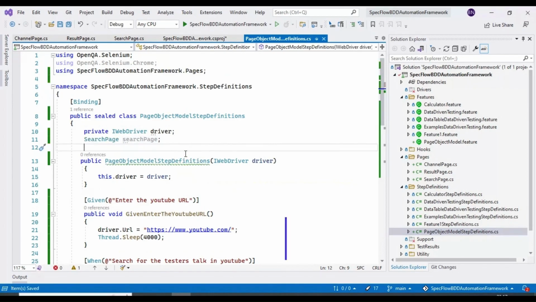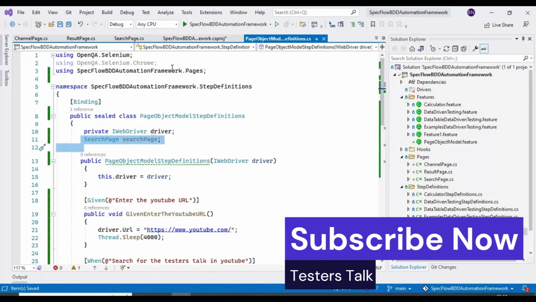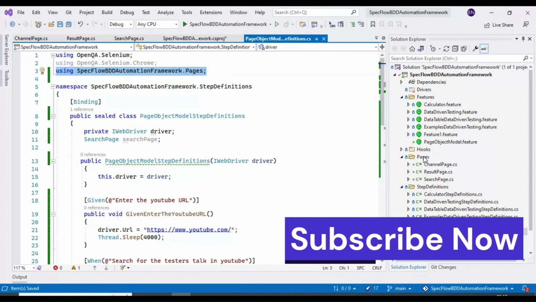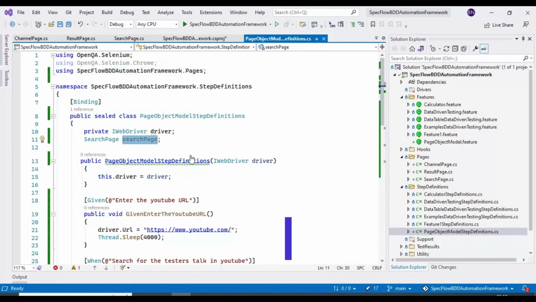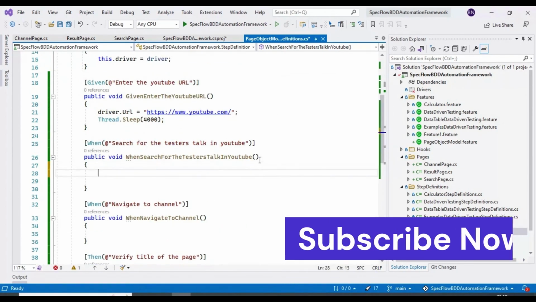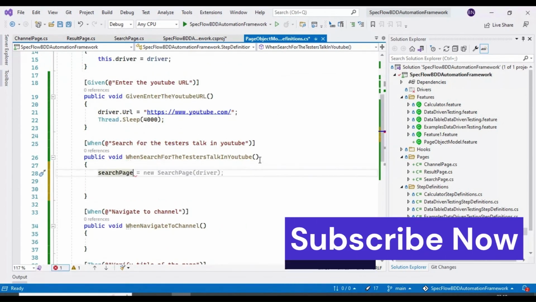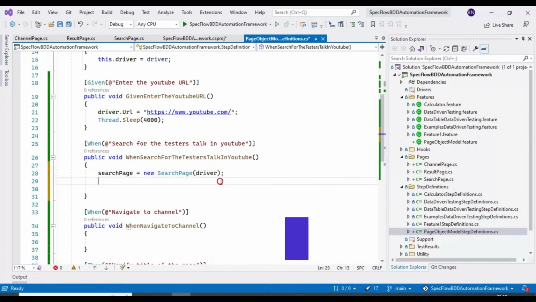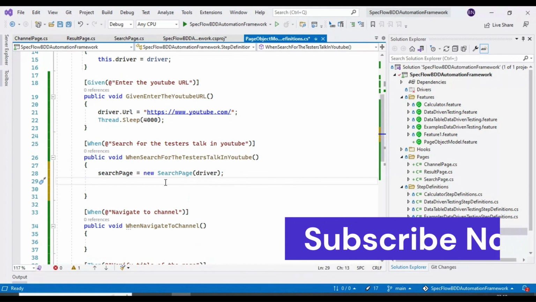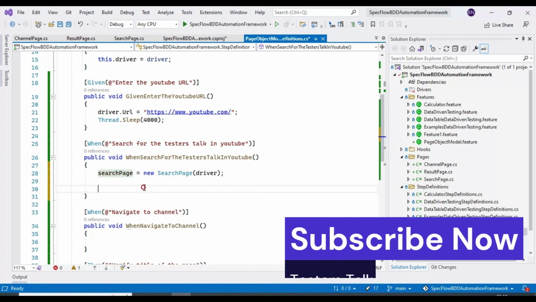Sorry, with respect to that, I have imported simply this particular class from the pages, right? So that's it. So I will use this particular reference variable inside the second step, that is search for. Then I will create the object here, and then I will pass the driver object. So that's it. Now once we have the object of the search page, we can use that search page